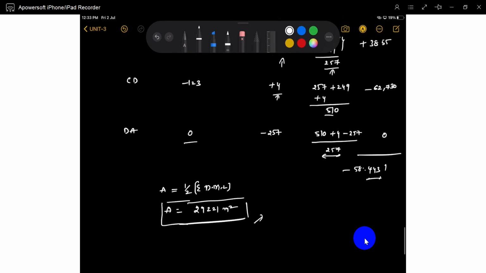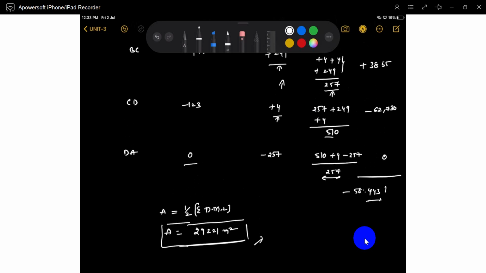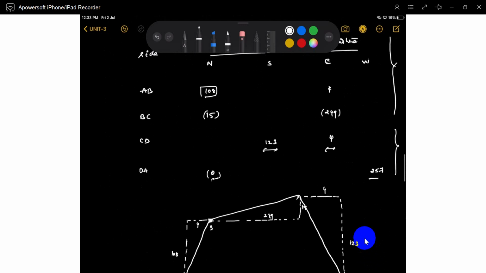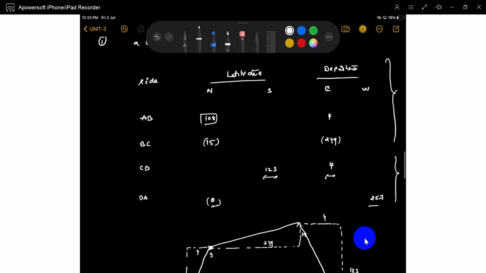Maybe these are not in the syllabus, since the syllabus doesn't mention anything, but in the textbook's areas chapter, it is the main method. And you can observe the importance of this method. If you know the latitudes and longitudes, you can easily calculate any area, any irregular shape, within 5 minutes. That is the importance of this method. Understood? That's it. Meridian distances and double meridian distances are enough.